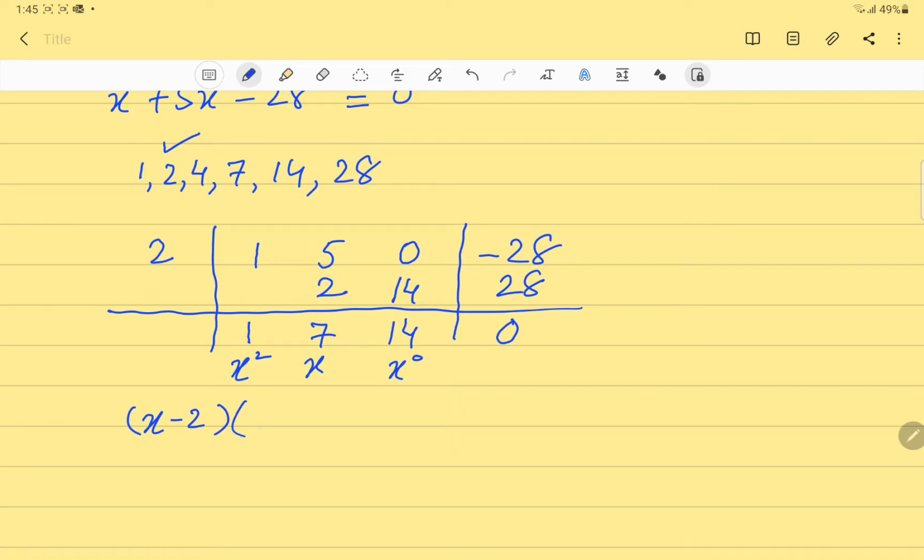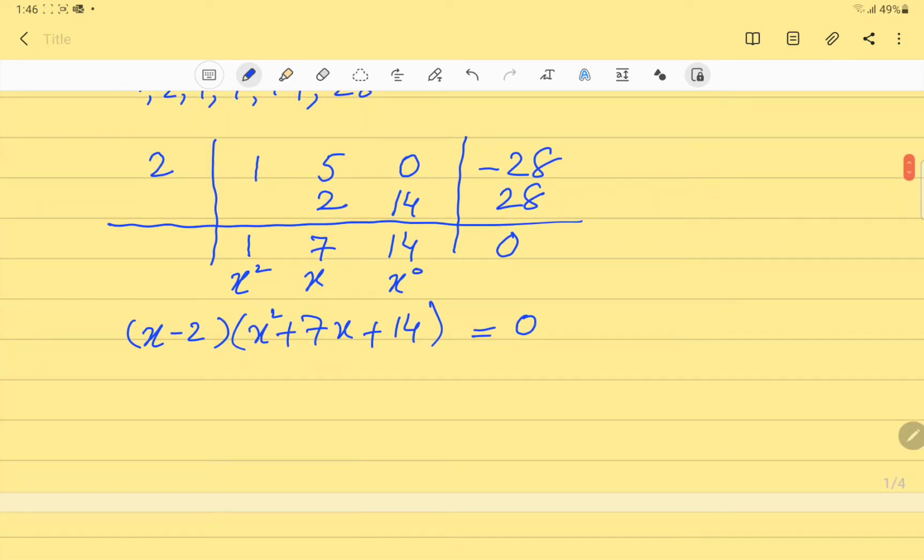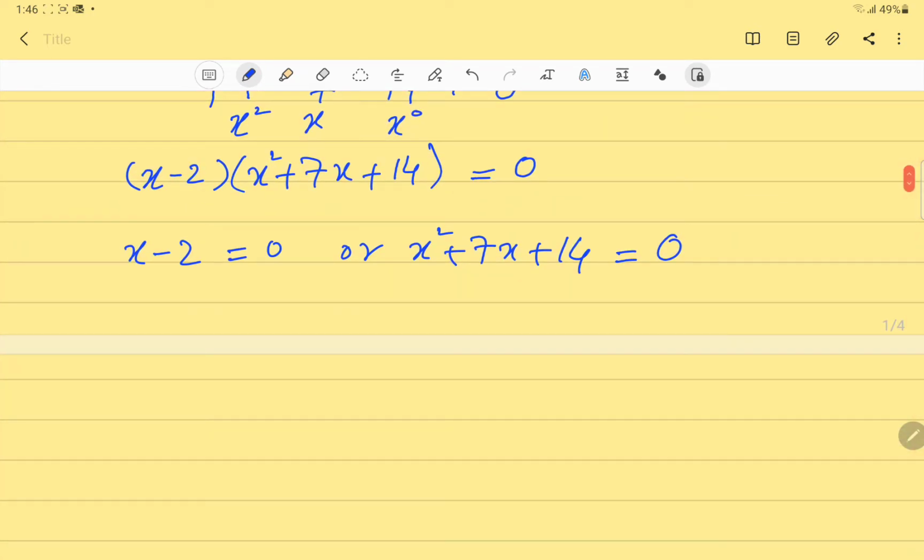So we are left with x squared plus 7x plus 14. x to the power 0 we generally don't write because it is equal to 1. Okay, so we have now x minus 2 is equal to 0, or x squared plus 7x plus 14 is equal to 0. So x is equal to 2, or